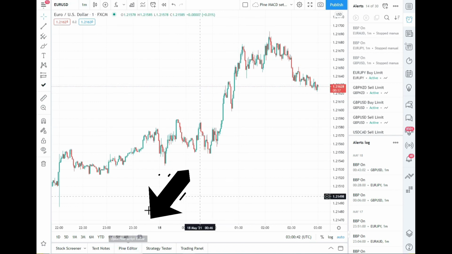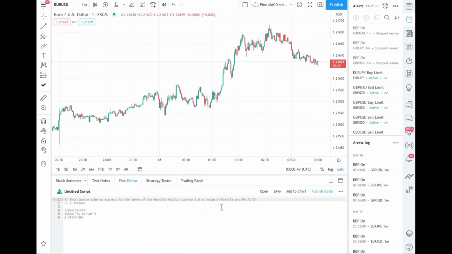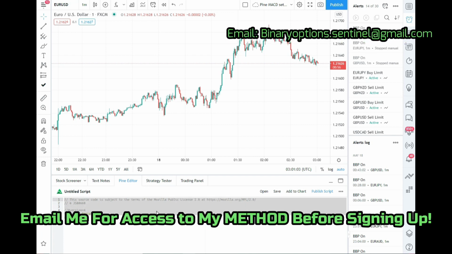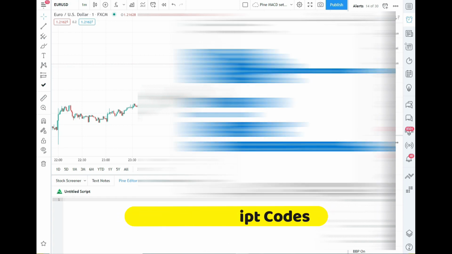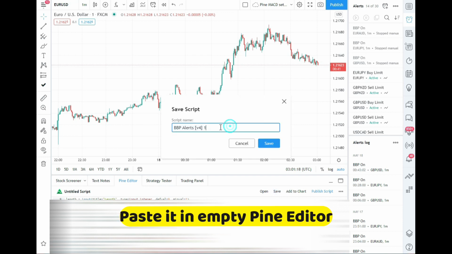Alright, on the lower left corner you can see this tab here called the Pine Editor. So what's going to happen is I'm going to send you guys the exact Pinescript codes that I use in order to set up the alerts. First thing you have to do is select all, or just highlight everything and delete it, and basically I will send you the codes via email. So all you have to do is just copy all and then paste it in. Once you paste it in, you just have to click save, and then save it as